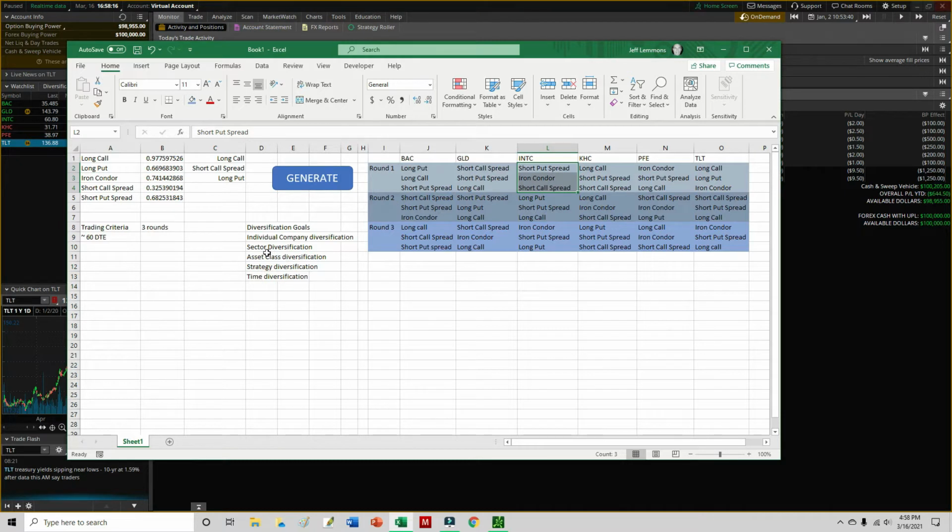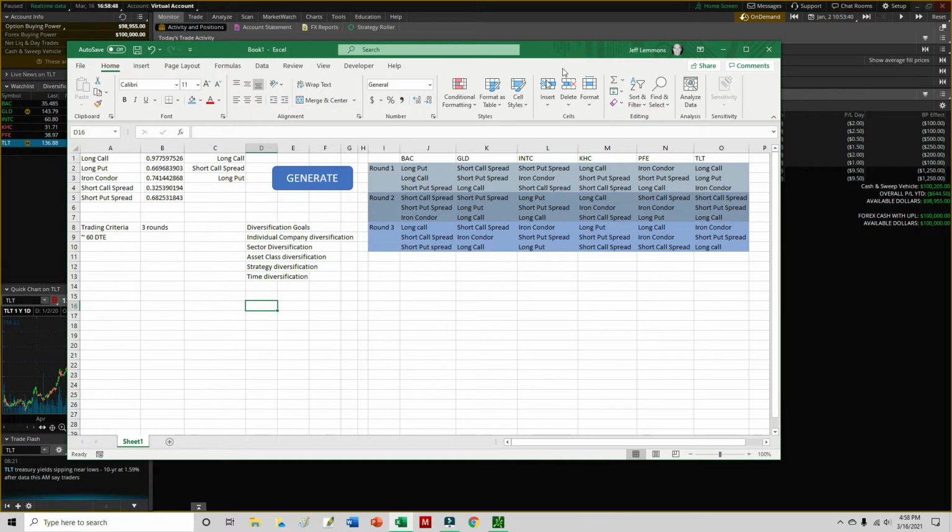And then time diversification, we're not going to be able to diversify by time at this moment. If this works out, we may try to add that layer in there. But I feel like these are probably the big 3, the big 4 I guess, when it comes to diversifying, especially when you're talking about options. And I have no idea if this will be successful over the course of these 3 rounds, but we're going to look at it and see if our account grows,